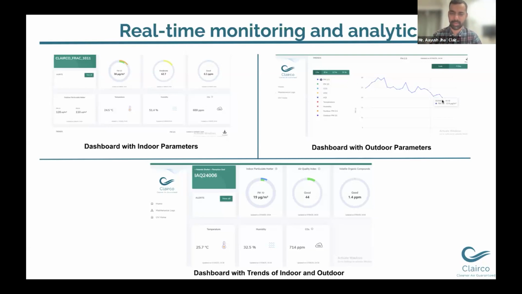A quick background about Clareco. We were the first ones to launch clean air as a service, where we charge a monthly fee for promising and maintaining that air quality. So whatever filters need to be replaced, we've been doing that. This is something that I've actually done in practice in over 120 large commercial buildings. So this is not just in principle, we've done this at scale.